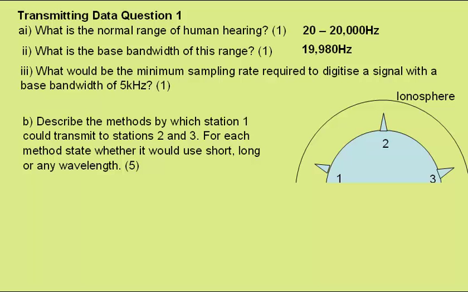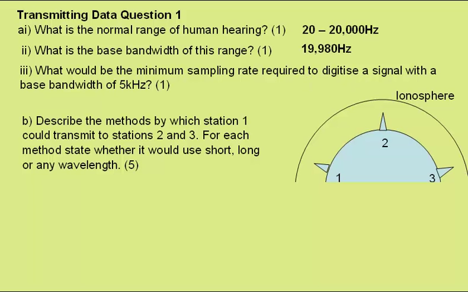Part 3. What would be the minimum sampling rate required to digitize a signal with a base bandwidth of 5 kilohertz? Well, the minimum sampling rate, in order to not lose information, is at least twice the base bandwidth. So in this case we'd need a minimum sampling rate of 10 kilohertz. This is because base bandwidth is simply the bandwidth starting at 0 Hertz, and so effectively gives us our maximum